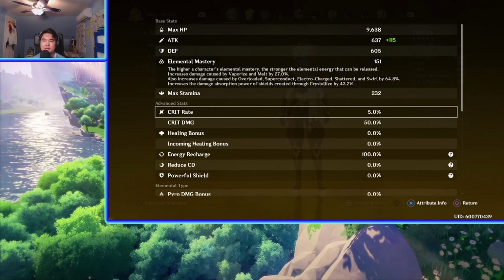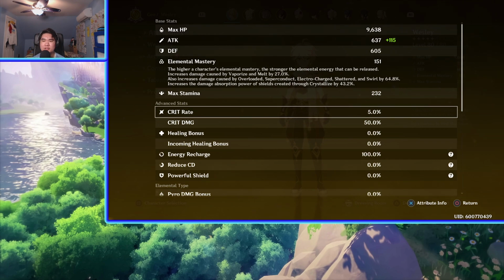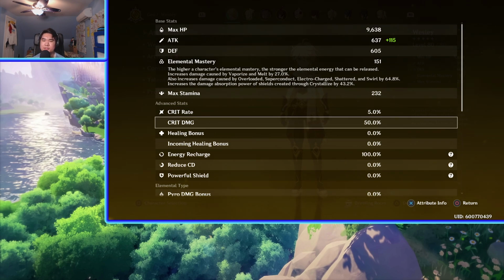Ideally in this game, you want to have at least 50% crit rate and maybe 100% crit damage. Obviously you want more than that. If you guys can get more, then that'll be even better. But I would say minimum you want 50% crit rate because you want to do crits at least half the time you're attacking. So that's why I say 50% is the minimum. And the reason why I say 100% crit damage is the minimum is because you want to do at least double